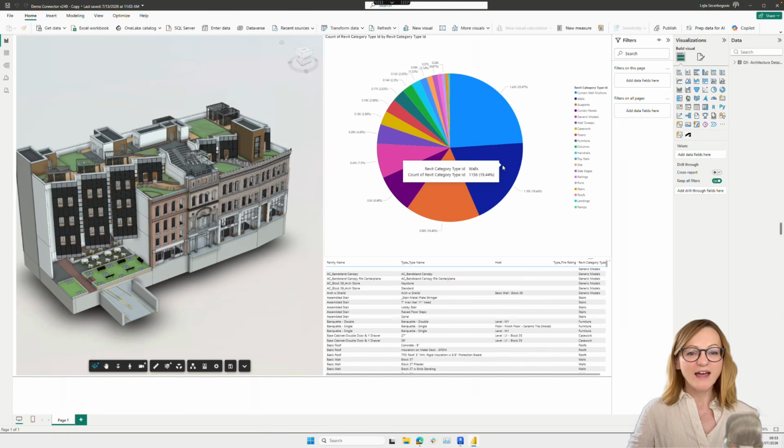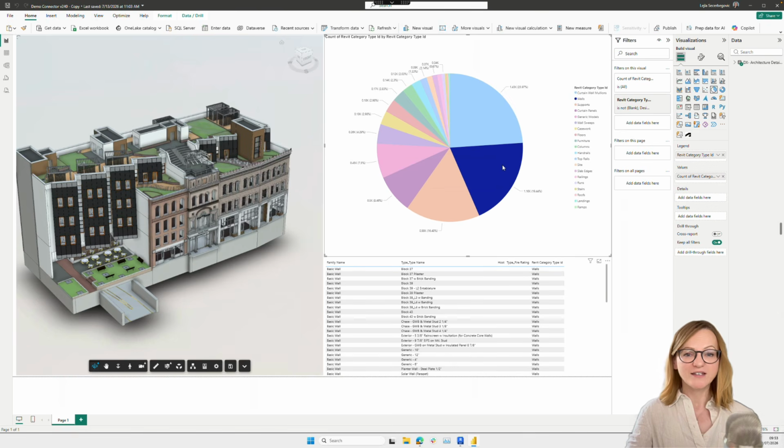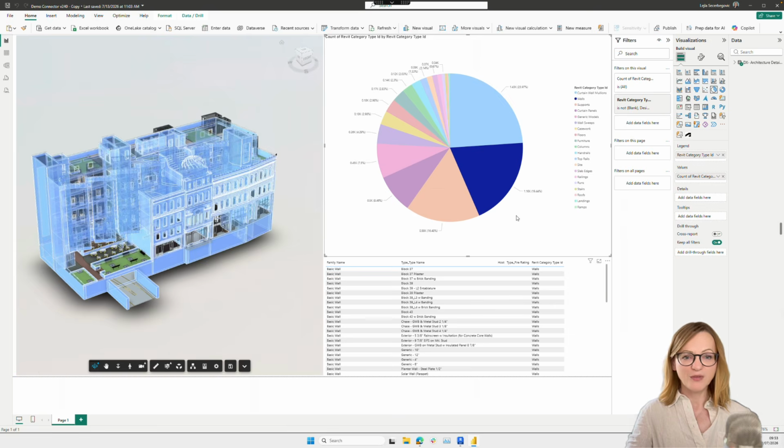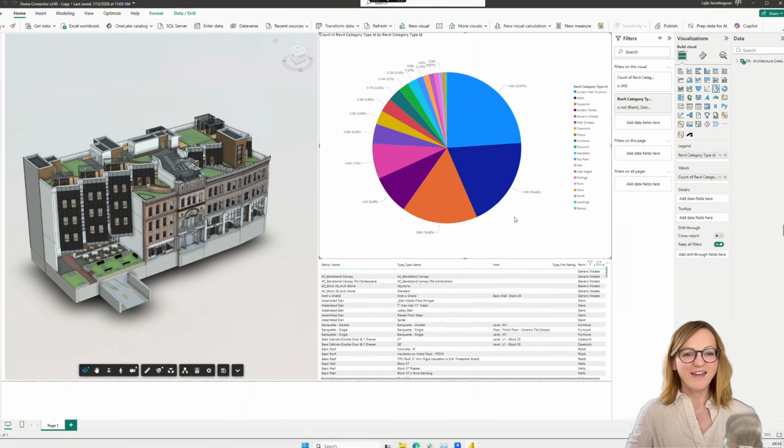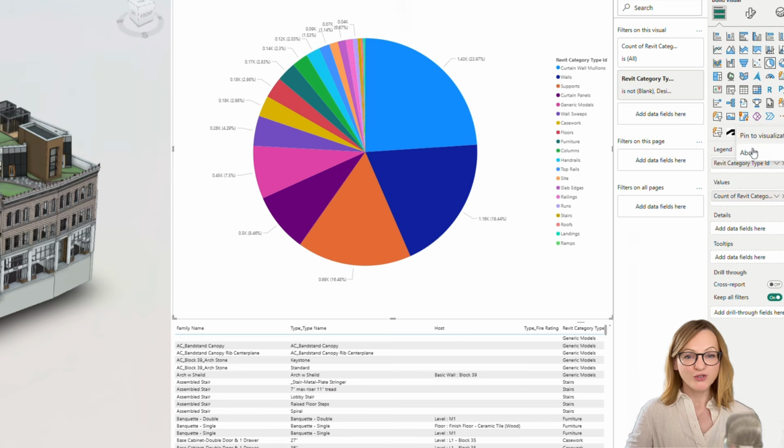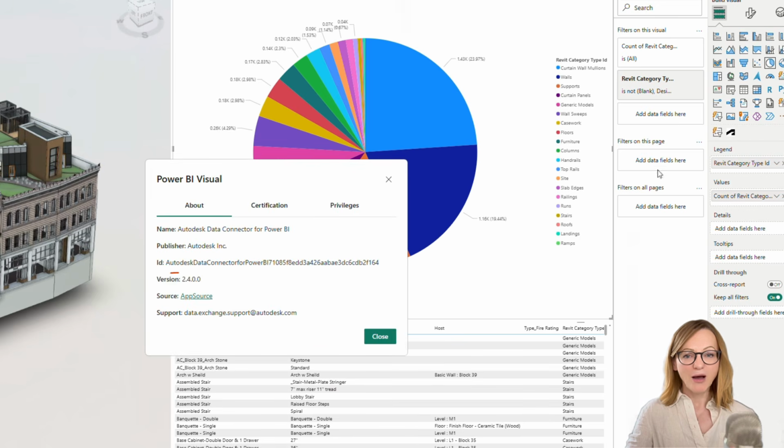Now, let's start with an existing dashboard that I created using the previous version of the Power BI connector 2.0. As you can see, the performance in the viewer is not ideal. To verify which viewer version you're using, you can also check the About button on the viewer visual and see